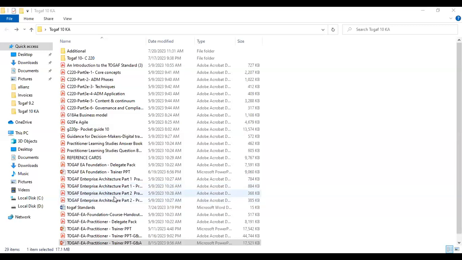Level 2 paper. Okay, let me show. Here we go. If you look at the level 2 paper here, you see this on the screen. How do we do TOGAF Enterprise Architecture Part 2? Let me quickly have a look. There's 9 or 10 related. 10. Okay, just a minute.